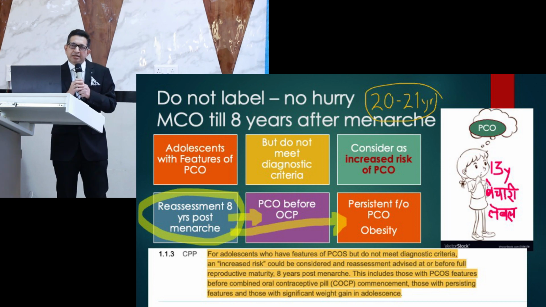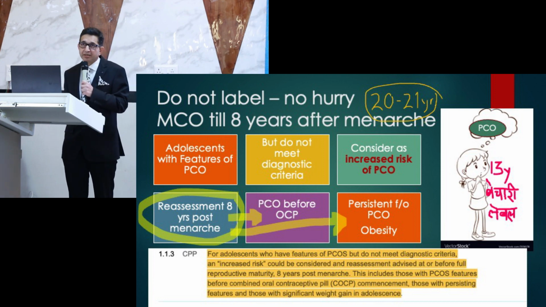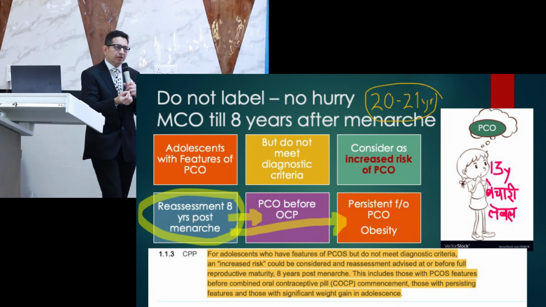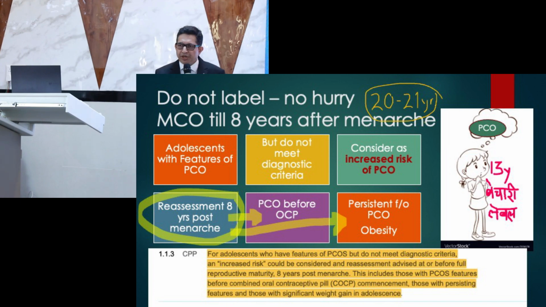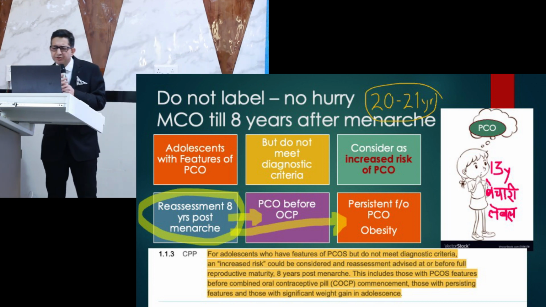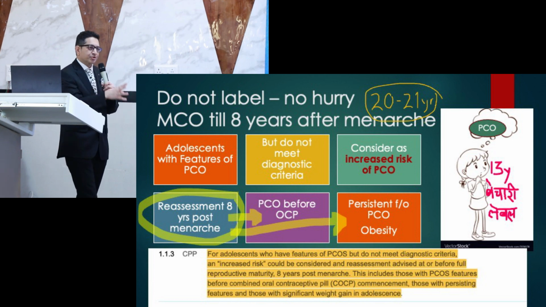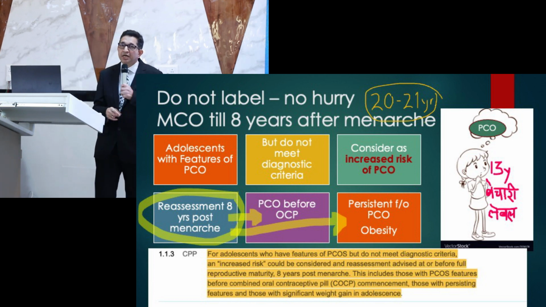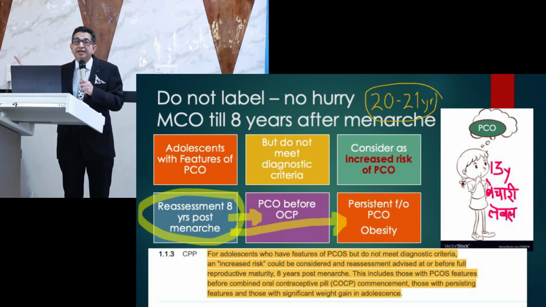Now, why I say that you should not label. See, a 14-year-old girl may come to you in the OPD and she will say, "Me PCO case hai." Why? Because she is labeled as PCO. Everybody says, "Tula PCO hai, tula PCO hai, tula PCO hai." ती बिचारी label हो जाते PCO जी. Remember, friends, up to 8 years after menarche,